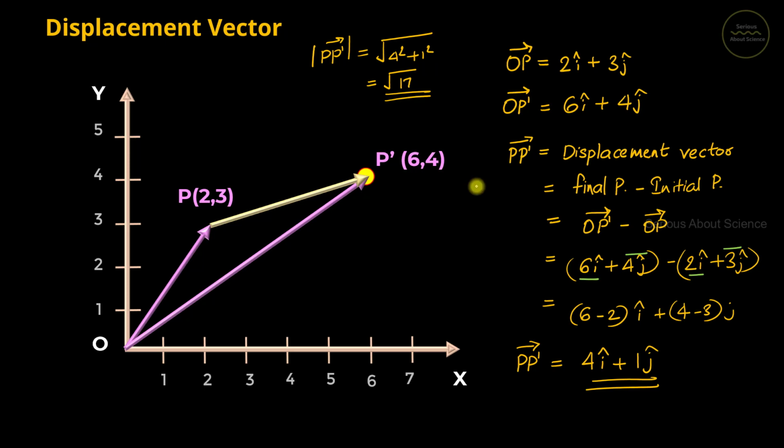Now here this displacement vector actually means that this particle has moved 4 units along the x-axis and 1 unit along the y-axis. So this is 1 unit along the y-axis and 4 units along the x-axis. That is the actual meaning of displacement vector. Again I am repeating, by seeing a position vector or displacement vector in this form, we must be able to visualize how these vectors orient themselves in a coordinate system. Then only the study of vectors becomes more interesting and easier.